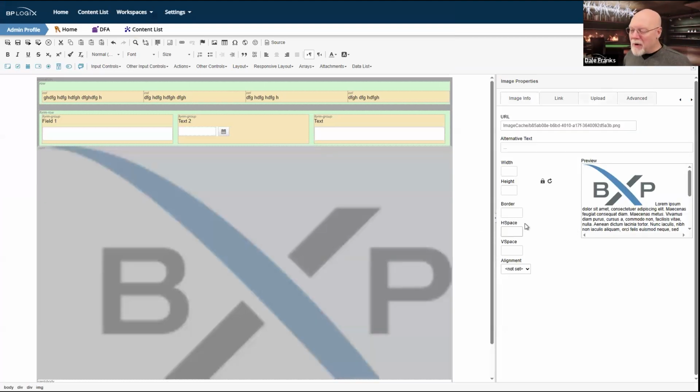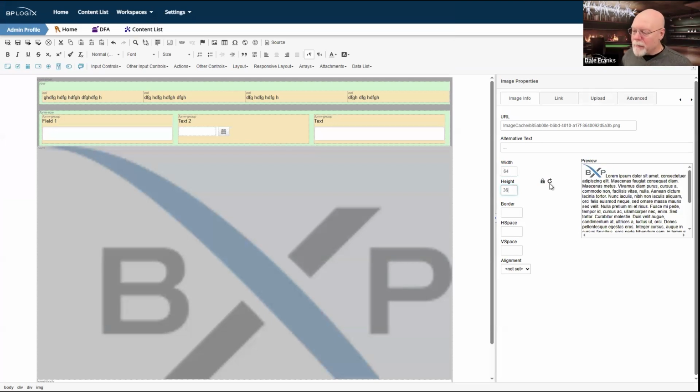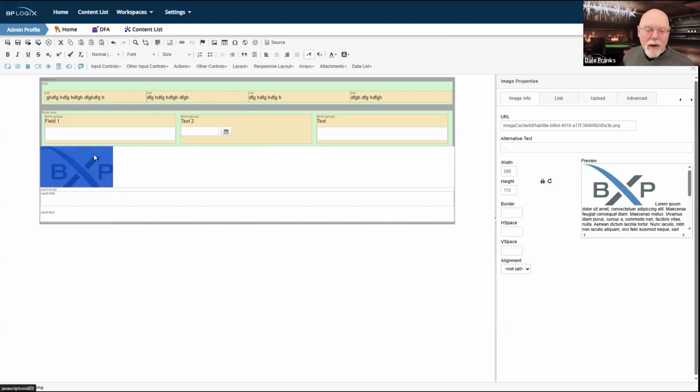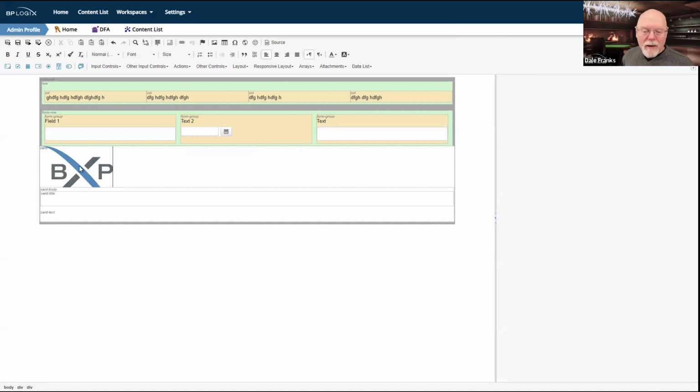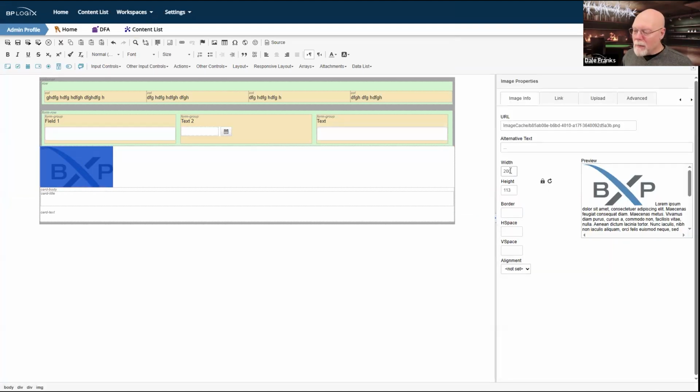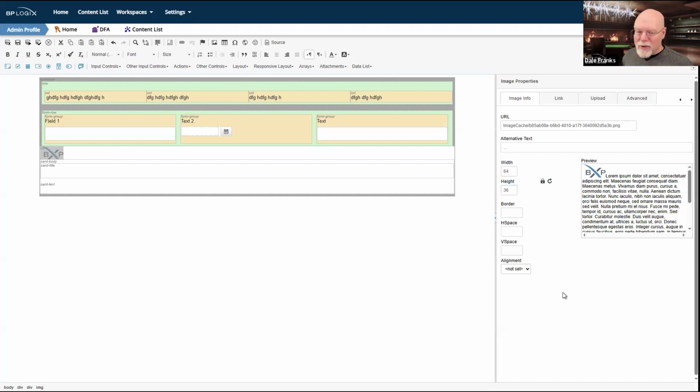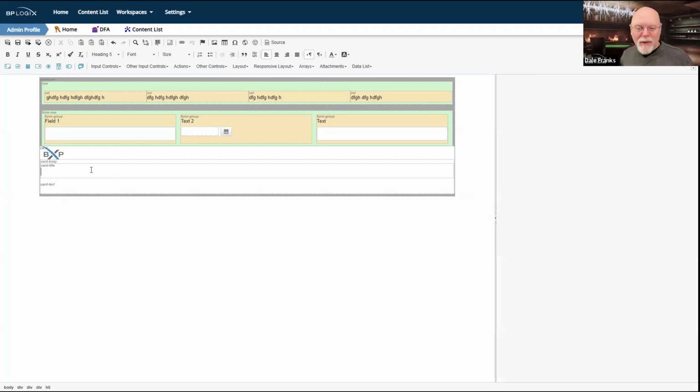That's way bigger than I want it to be. So we're going to change that width, and we're going to make this thing. Well, actually, we'll do the height because it's wider than it is tall. So we'll just set the height as 36 pixels. And we'll just refresh it, and there we go. Now I've got my little card control there, and somehow I just set it to 200, which I didn't want to do. So once again, let's go back to 36 pixels. I'm happy with that. So now I have my little image.